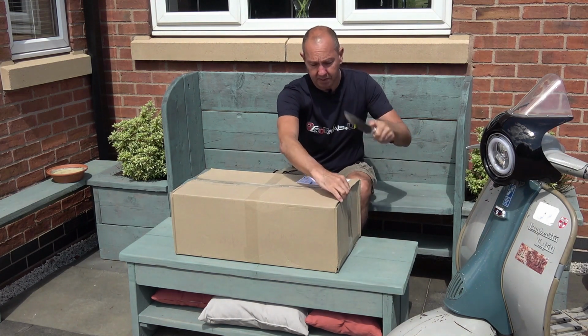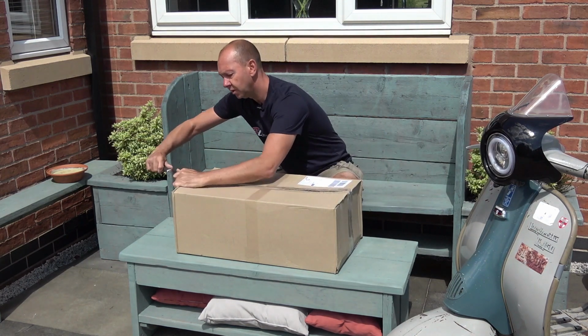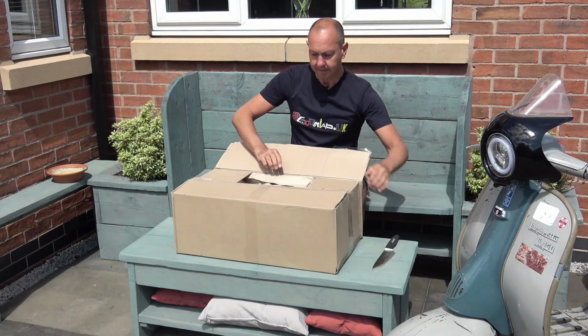You probably don't need as big a knife as this, unless you've got an adult with you. Unfortunately, our adult's gone out for a walk. So